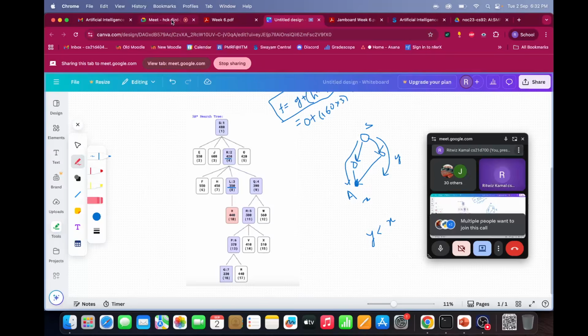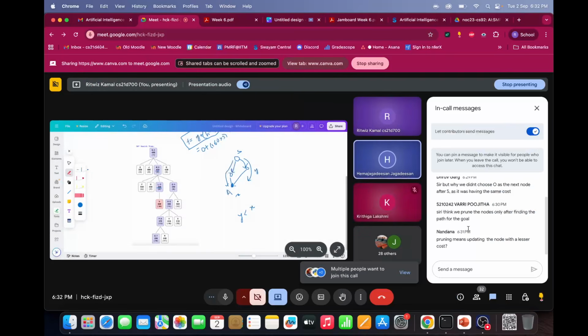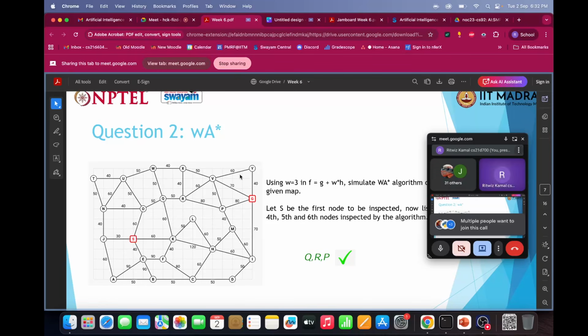I have a question. In case of Q, the neighbors are K, R, W, O. In that you have chosen R and W. Why not O and K? Because O is already in the open list, right? Okay. But wait, one minute. Why I ask this question means in case of K, you have the